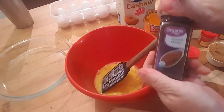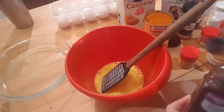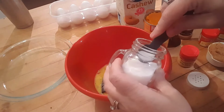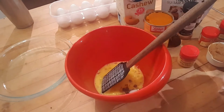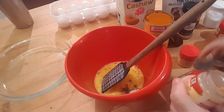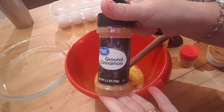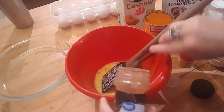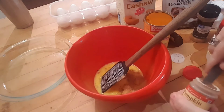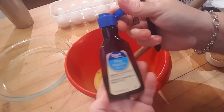All right. Next we want about 1/8 of a teaspoon of ground cloves. And then about 1/4 of a teaspoon of salt, 1/4 of a teaspoon of ground ginger, 1 teaspoon of ground cinnamon, 1 teaspoon of pumpkin pie spice, 1 teaspoon of vanilla,